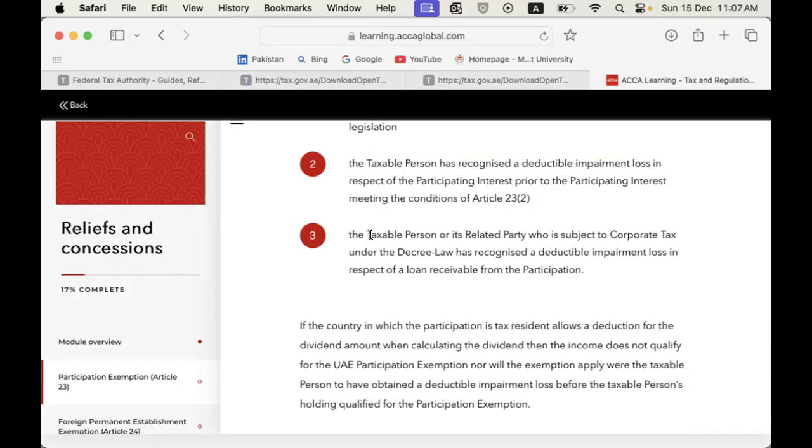So in your scenario, you mentioned that Haya Husban LLC had actually invested only 3% at the beginning of 2024, right? At that time, it was not meeting the conditions of a participating interest, right? Later on, they made an additional investment of 2%, right? Just think of it, Abbas, in my view, we may form an analogy of it as the pre-tax losses.